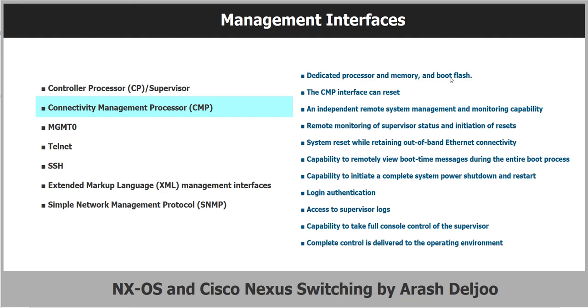Dedicated processor and memory and boot flash. The CMP interface can reset all the system components, which include power, supervisor module, and system restart. And then an independent remote system management and monitoring capability enables lights out management of the system. After that, remote monitoring of supervisor status and initiation of resets removes the need for separate terminal server devices for out-of-band management. And after that, system reset while remaining out-of-band Ethernet connectivity reduces the need for on-site support